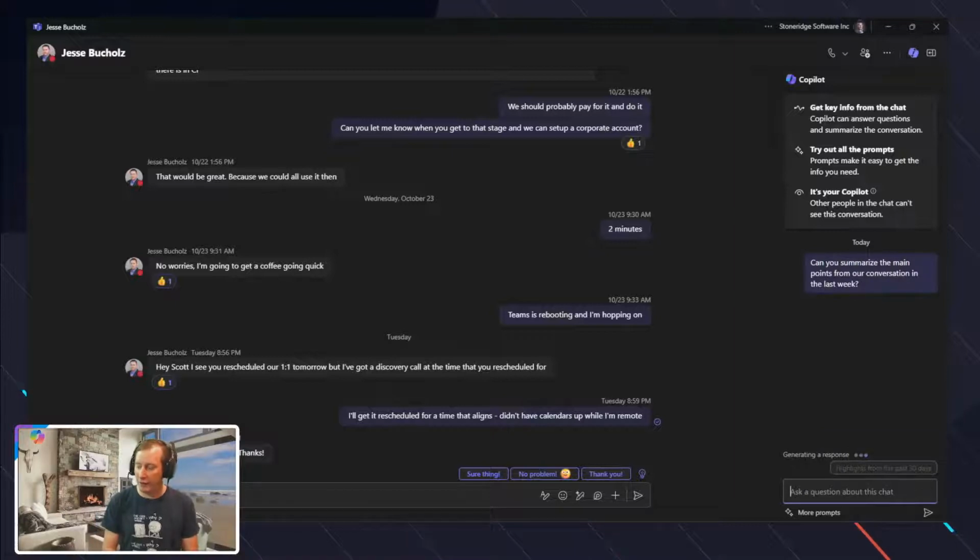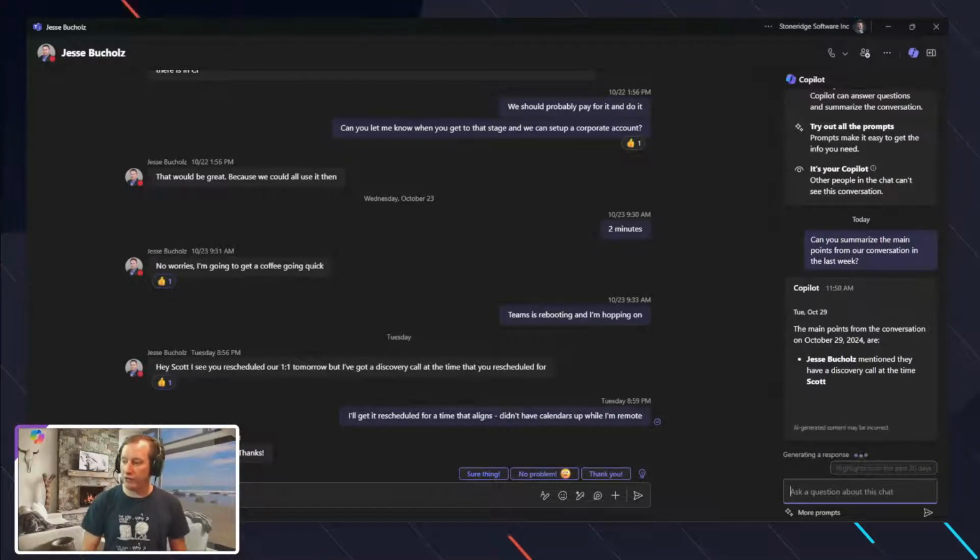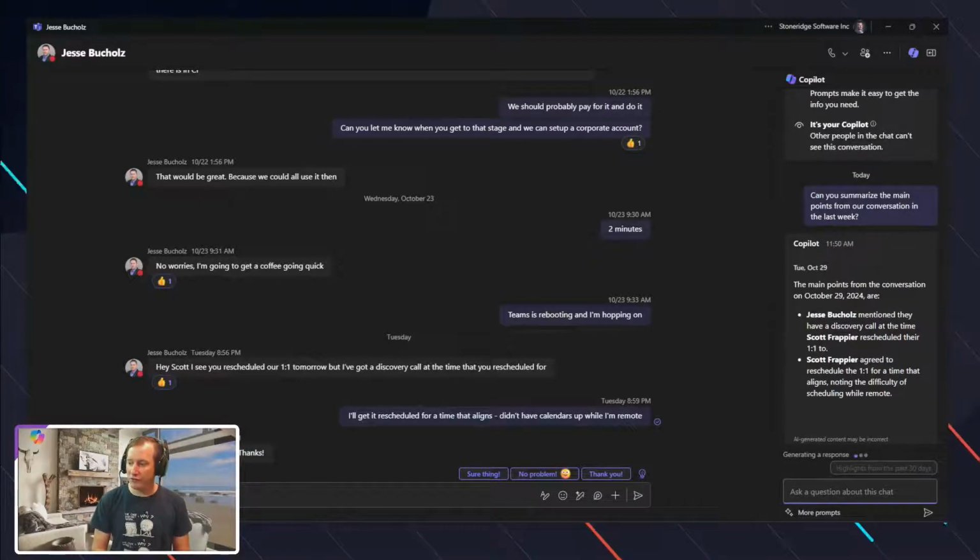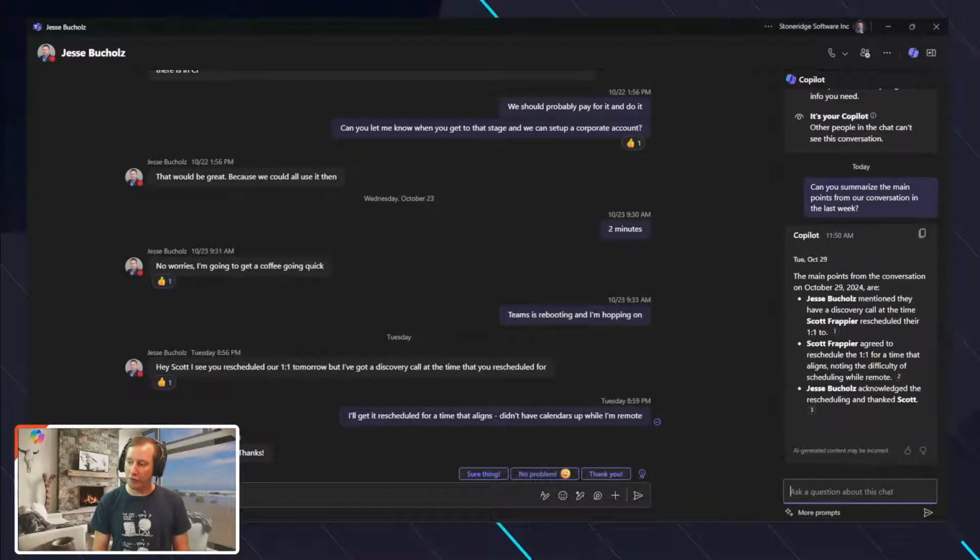Something like that we can ask Copilot. And then on our far right, the main points pop up, showing, for example, we've got a discovery call that he's going to be tackling. I rescheduled our one-on-one. We agreed to a one-on-one time because the one I initially proposed didn't align, right? And then Jesse said, all right, not a problem. We'll go ahead and acknowledge that, right?